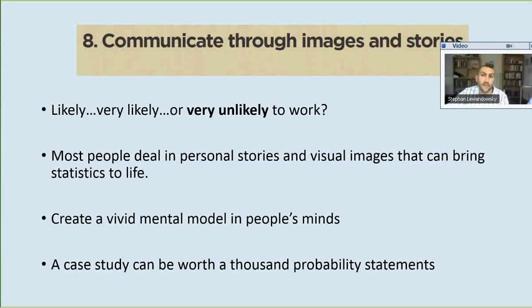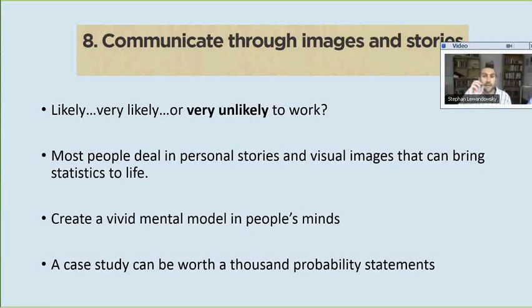But what research has found, some that I've been involved with and other people as well, is that people respond very differently to these kinds of probability phrases. So what one person thinks very likely or very unlikely means can be very different to what someone else means. And that's obviously a problem if we're trying to convey some kind of sense of a shared understanding of what these risks are. So while that kind of information obviously needs to be there, and there's no reason to get rid of it altogether,